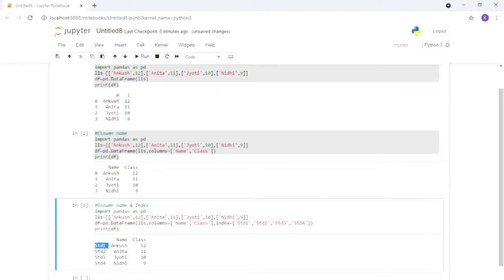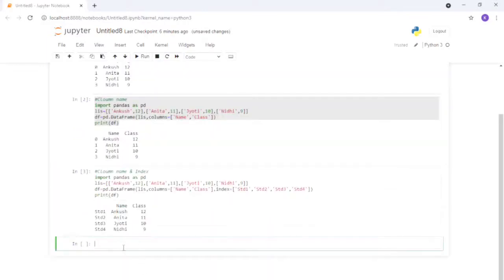Now we are moving to the second procedure, that is creating a data frame from a dictionary. So, creating a data frame from dictionary. Here we have to import the same module, import pandas as pd. Then we have to create a variable once again. I'm creating a variable with the name data, and now we have to create the dictionary.